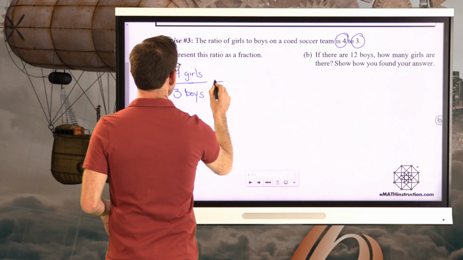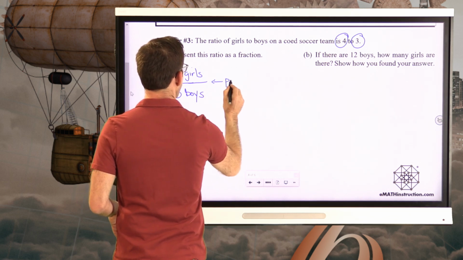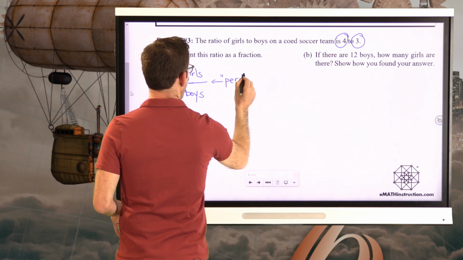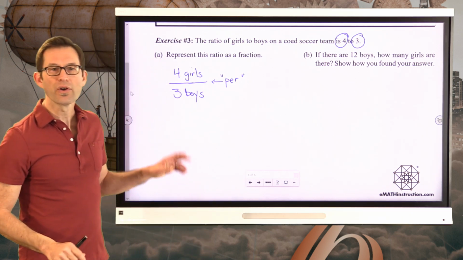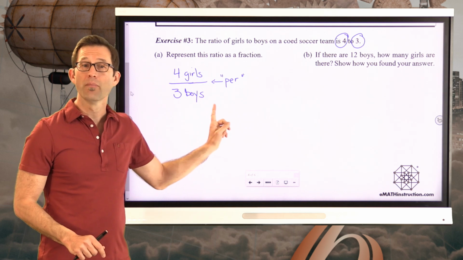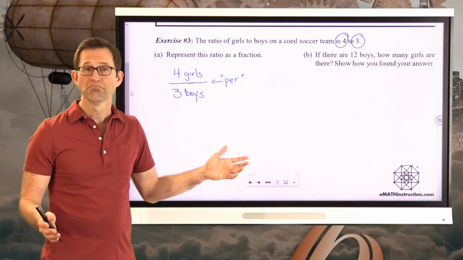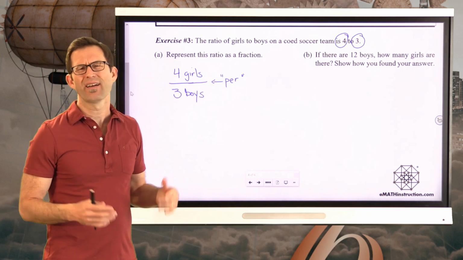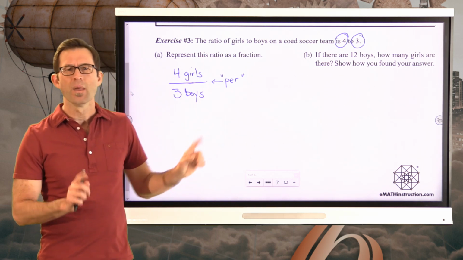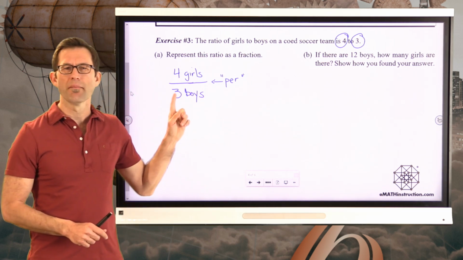And then the idea is the actual fraction bar is sort of the word per, right? So when I look at this ratio, I think 4 girls per 3 boys, all right? Now, you might think, it's like extra writing. Why do I want to put the girls and the boys? You know, it's confusing. Let's take a look at letter B to see why it might be nice to have